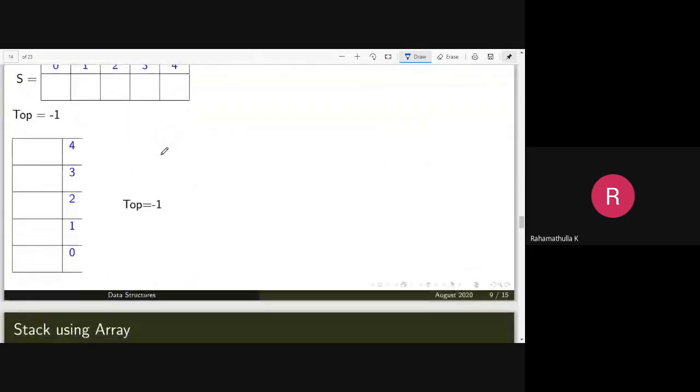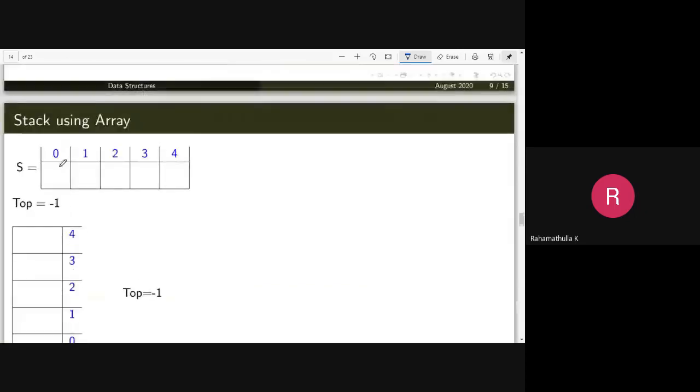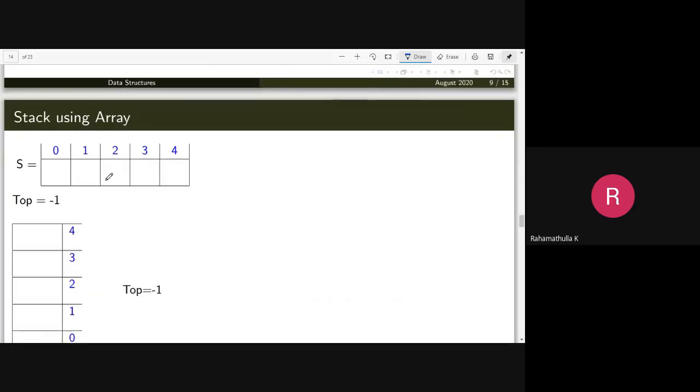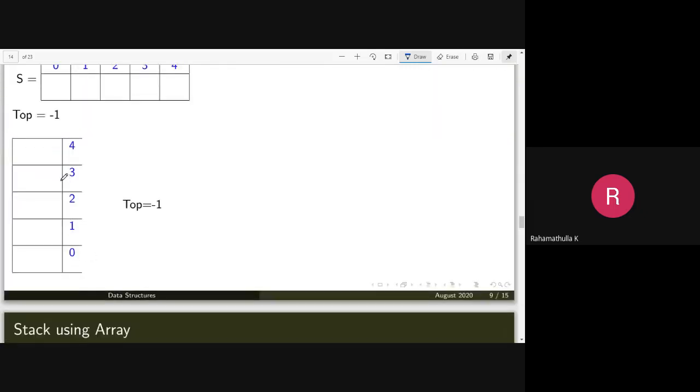It's always better to look at the stack like this instead of this, but in your memory the stack will be like this. It's always better to look at the stack vertically, so that it makes sense that the first element is on top of the zeroth element, the second element is on top of the first element. It's like a stack of elements.